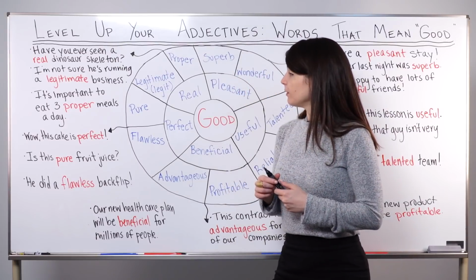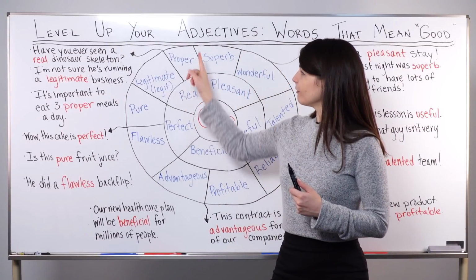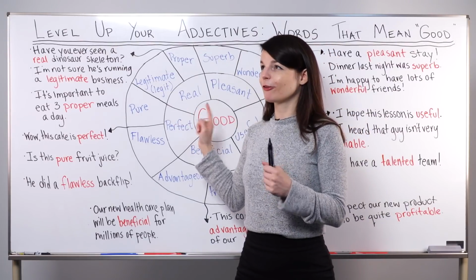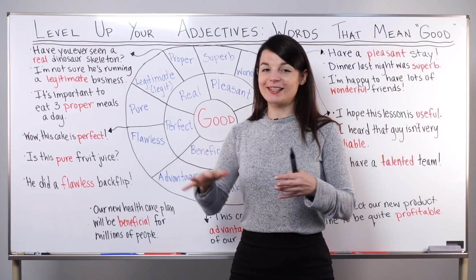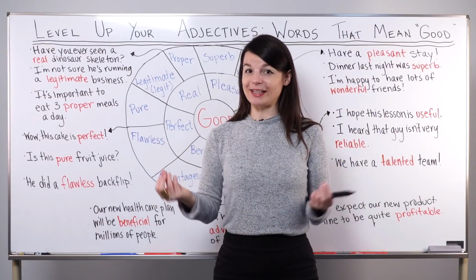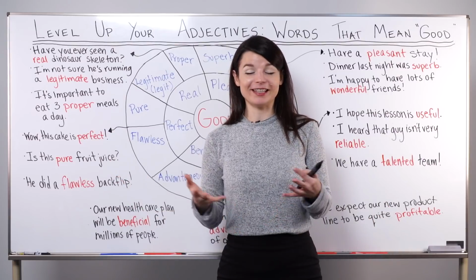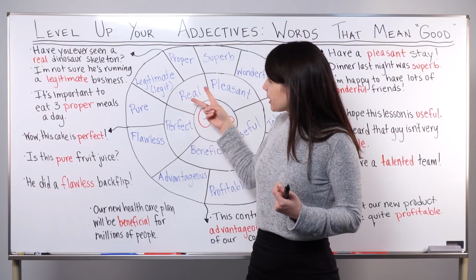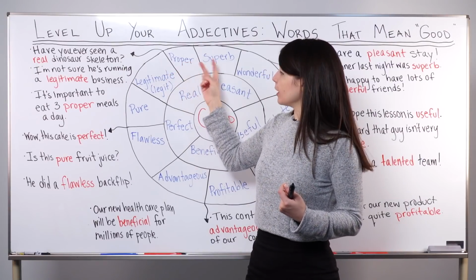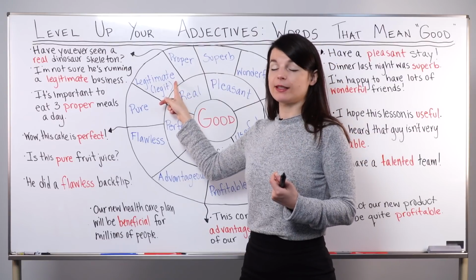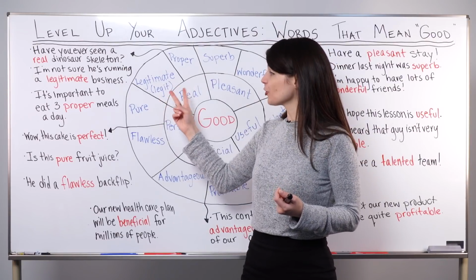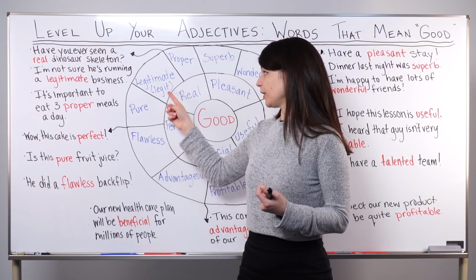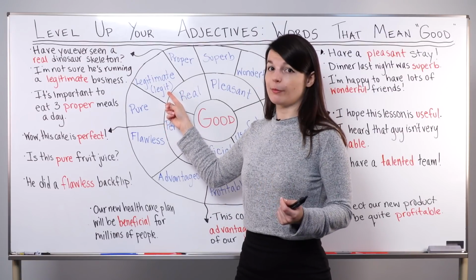Okay. Let's move on to the final group here. The final three, the base is the word real. So of course there's the word real, which means true, something in reality, in the real world, in the actual world. So we can use real more specifically with these two words. First is legitimate. We often shorten this word to legit. This is a very casual word, but it's very commonly used.